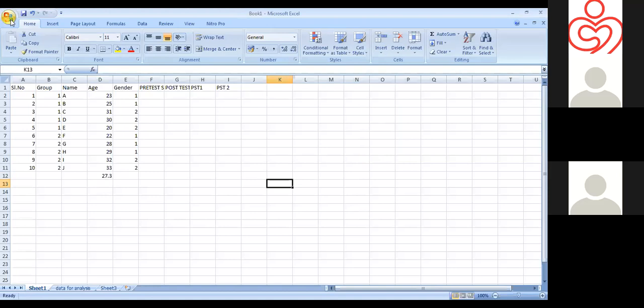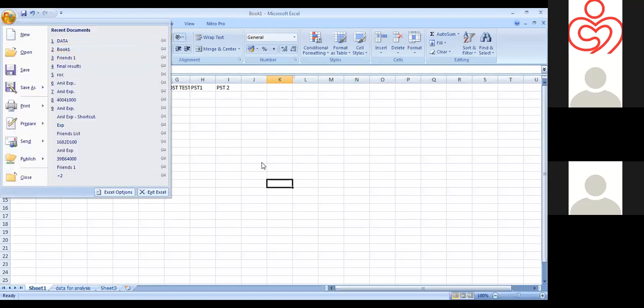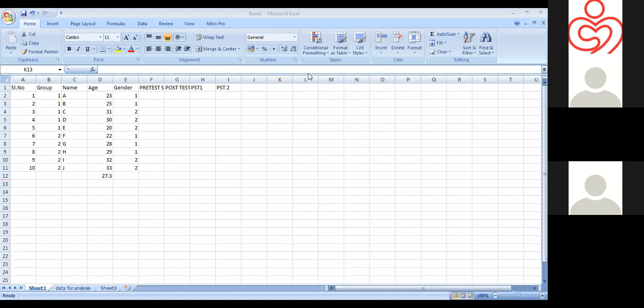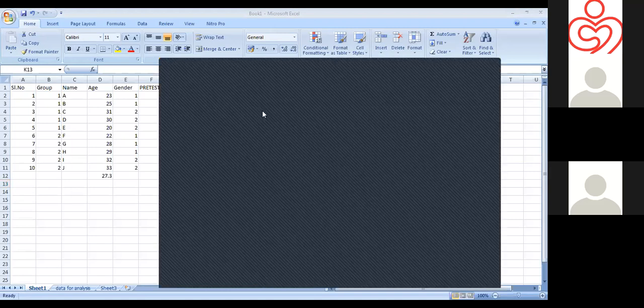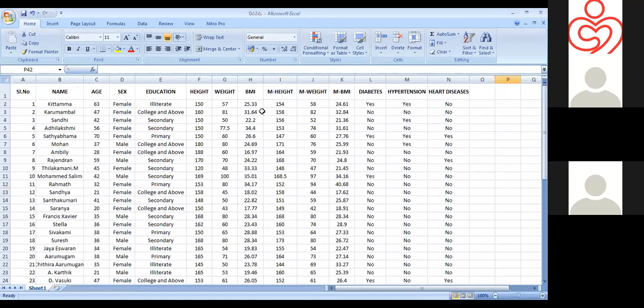Here I have our data. This is the data which I entered properly for analysis. I collected this data to assess the validity of self-reported height and weight and factors associated with errors in self-reports.